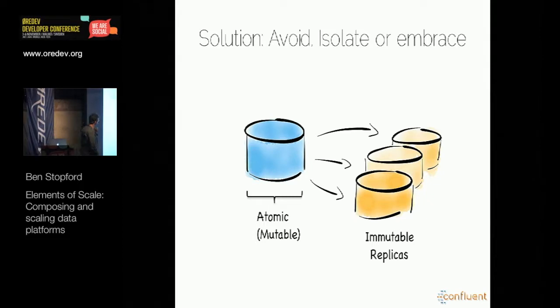One of the solutions out of this is the single writer principle. It's the idea that we would consolidate all our writes into a single place. If we consolidate our writes here, it's easier for us to manage that problem, and then we can push those writes to other machines, which we can then use to read from. And that's kind of clever. It's like avoiding the problem. Avoiding a problem is a really good way of solving a problem if you can work that into your use case.